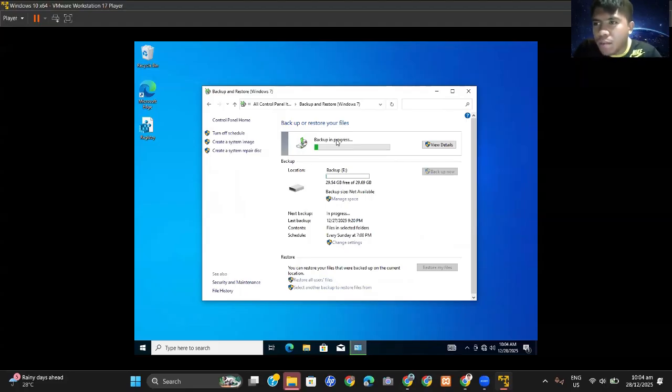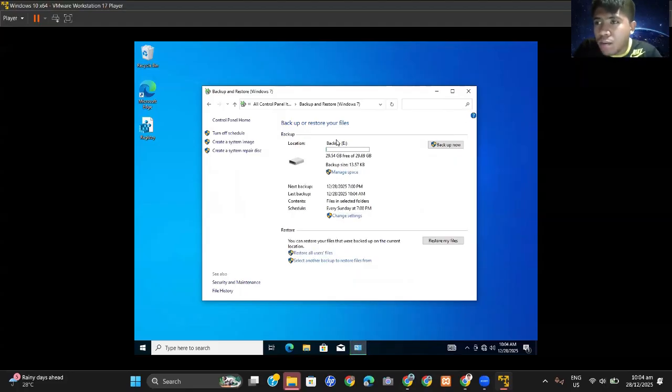But sometimes the backup is too time consuming, depending on the hardware setup that you utilize. Here I use VMware with a high processor so that it has fast performance in backup and restore.